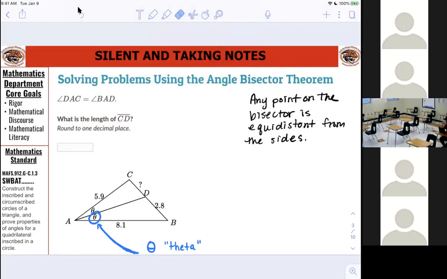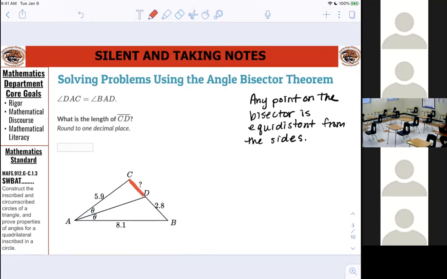this is the information I have, and I'm trying to figure out the length of CD. Can anyone think of any relationships that we know of yet? EB is 2.8. We know that DB is 2.8, but is that going to be equal? No. Anything else? That point A is equidistant from both sides. Point A, okay, so